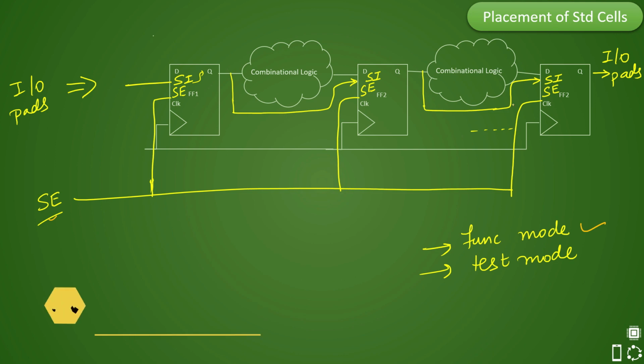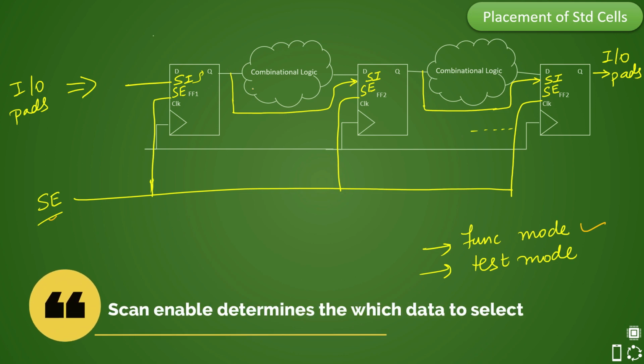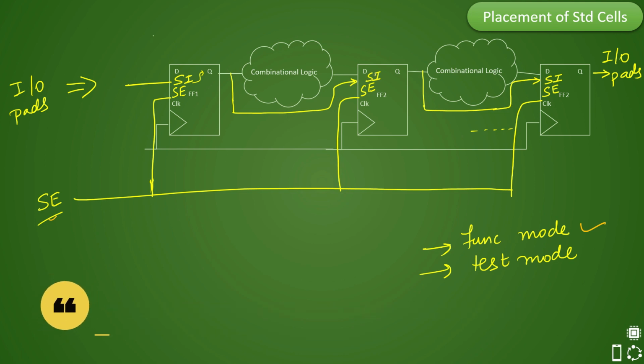it will not be actually useful, though the data will be going from the Q pin to this scan input also and D pin also, but it will not be useful because scan mode is not enabled. At that time the data will be going from the Q pin to the combinational logic, and whatever the data is flowing via the combinational logic. Basically this is your func mode arc, which I am drawing here in a dotted fashion. This will be your normal functional mode, and data will be flowing from this chain and not from the scan